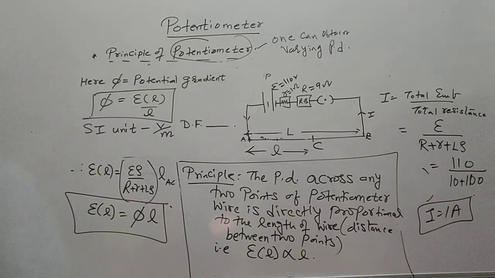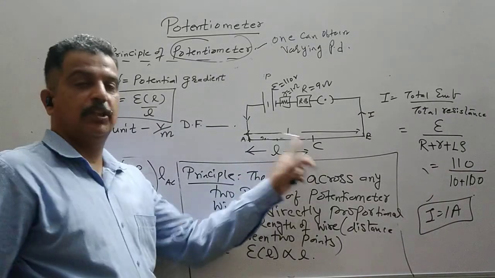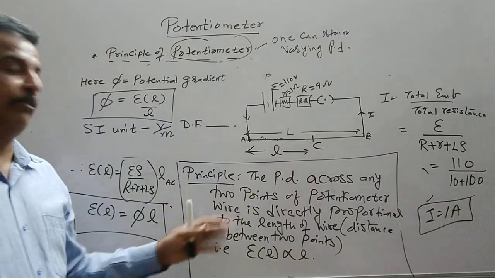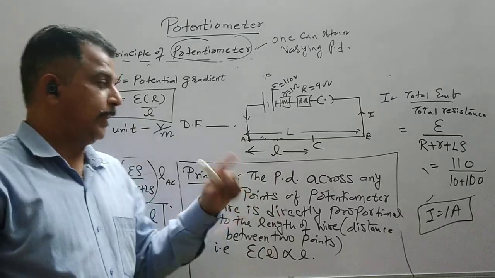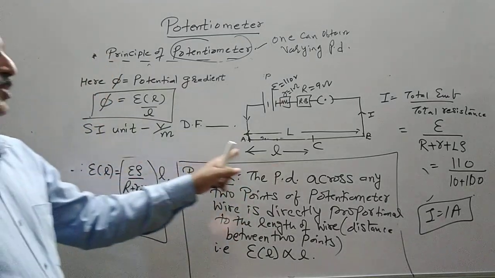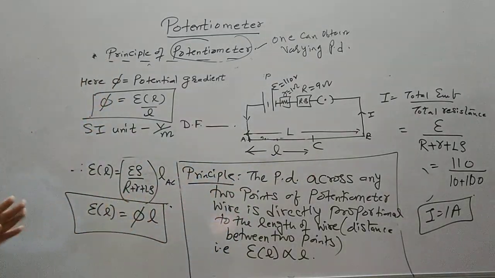If I take an entire wire, it is 100 volt. And if I take the half of this wire, it is 50 volt. If I take half of it, it becomes 12.5 volt. So I can always find out the potential difference between any 2 points on the potentiometer wire. So it is based on the principle of a potential